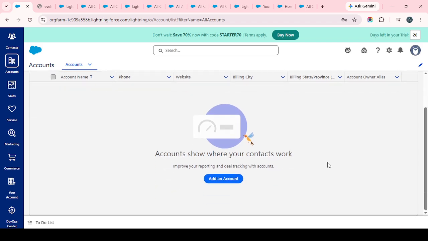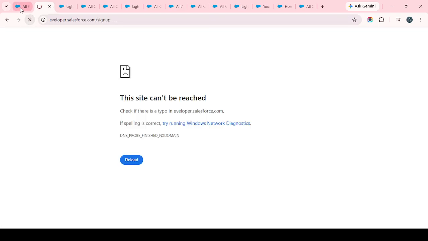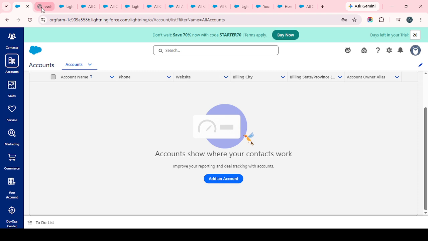You'll then be prompted to create a secure password for your new Salesforce environment. Choose a strong password that is easy for you to remember but difficult for others to guess. Once your password is set, your Salesforce developer environment will launch, and you'll be ready to start exploring the platform. That's it. You've successfully created your Salesforce developer